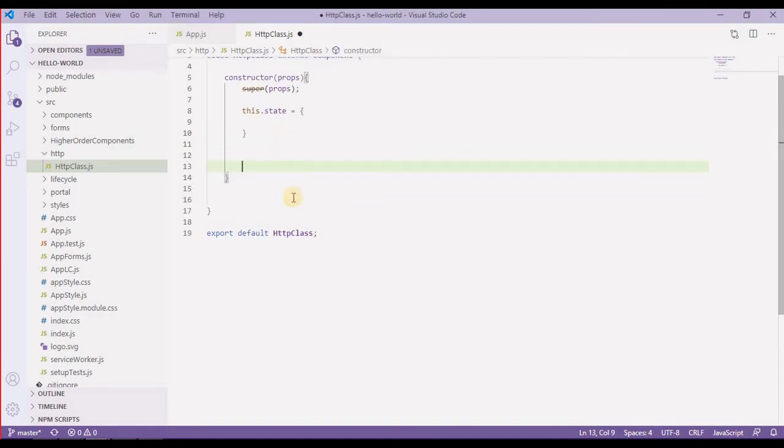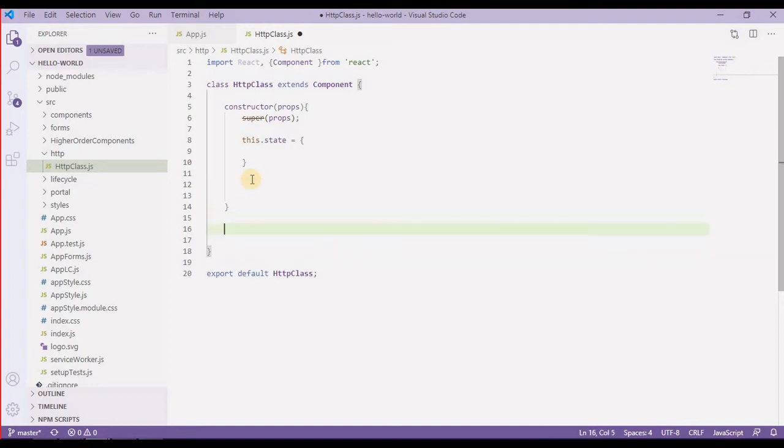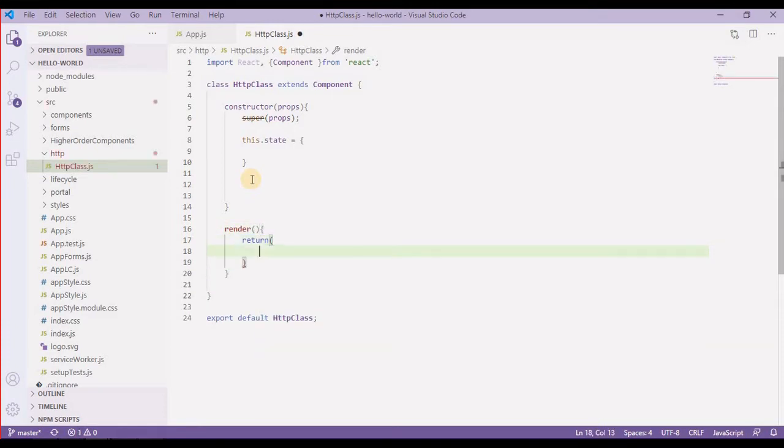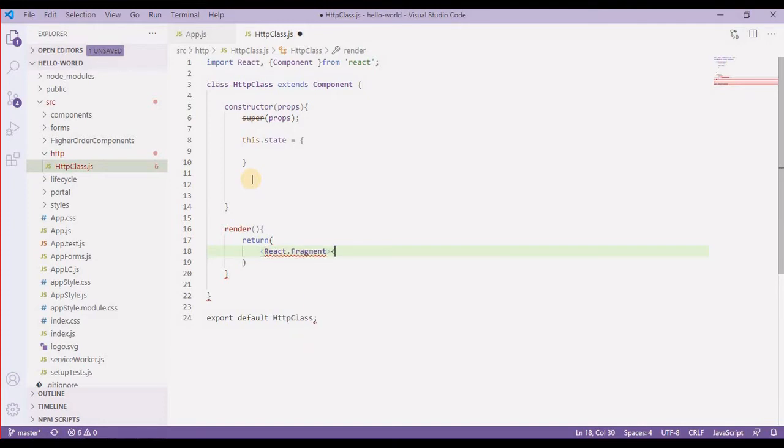Okay, now in the render method I will simply render one element over here. Sorry, this should be outside of the constructor. I'll return a fragment maybe, so React.Fragment for the time being.